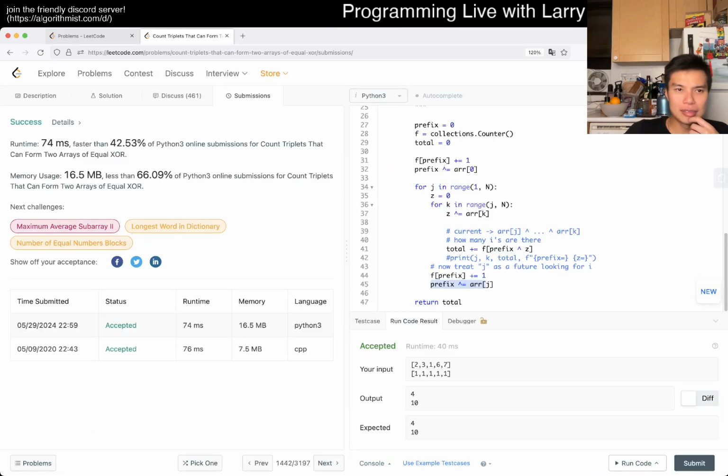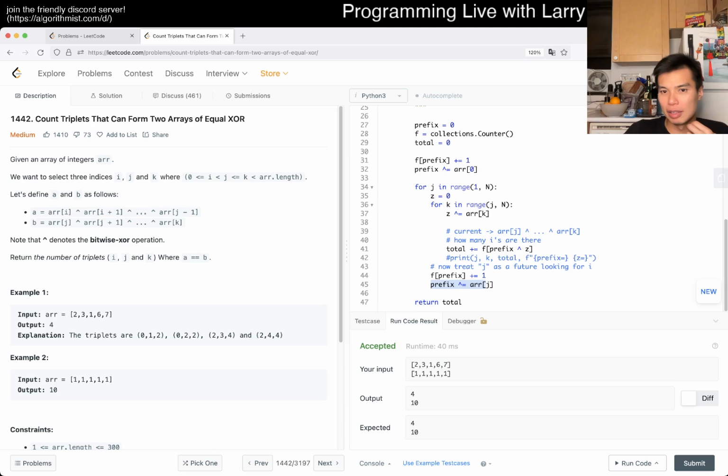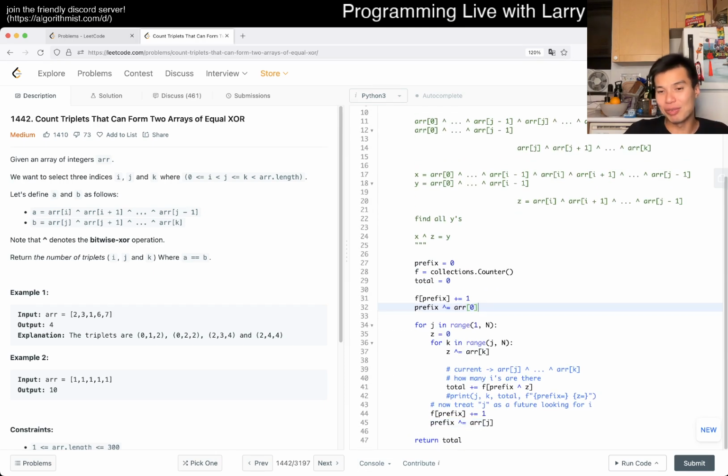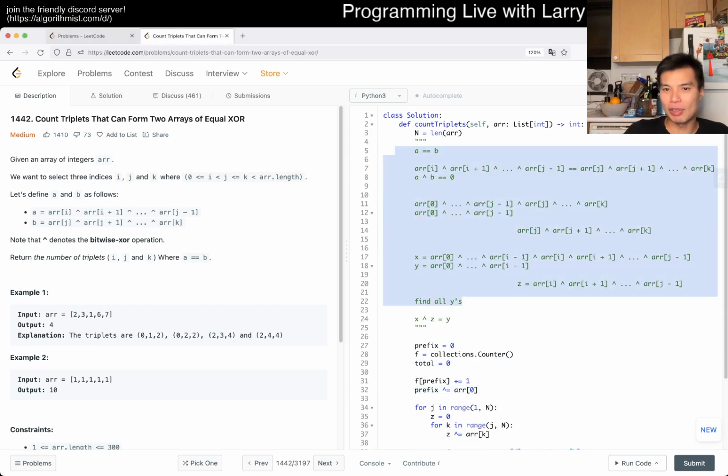Yeah, I mean, I guess I didn't solve it last time either. As you can see, even I struggle with getting this, but I think the concept is okay. It's just arithmetic. I think one way that you can think about it, even though it's not quite the same because XOR has different properties,